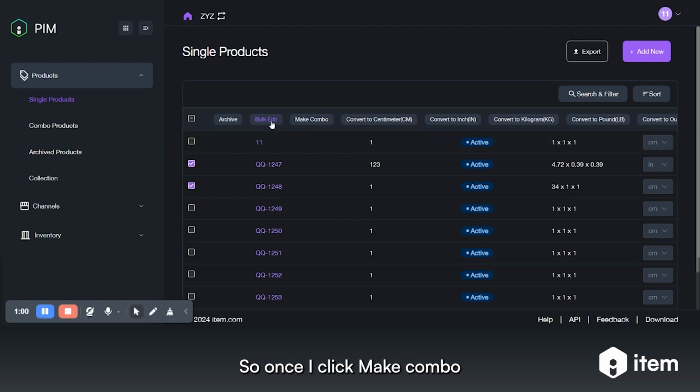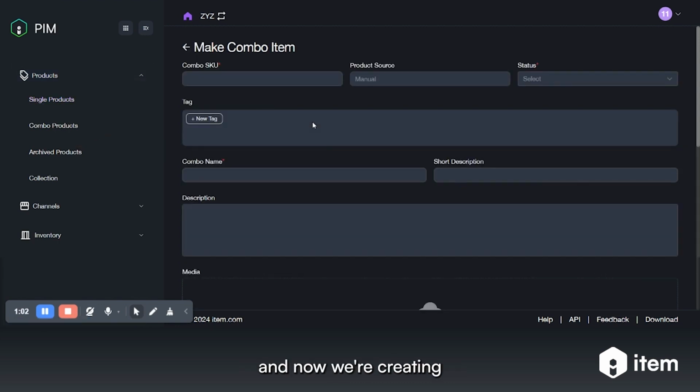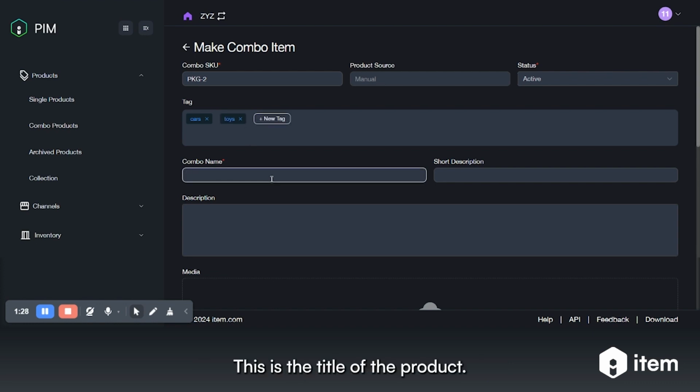So once I click make combo, now we're creating a new combo product and we give it a new combo SKU, right? So we can call it package 2, right? And then we select the status as active. We can give it some tags, for example, cars, toys, and then once you click enter, then this tag gets added to the product. Combo name, this is the title of the product. So we could say